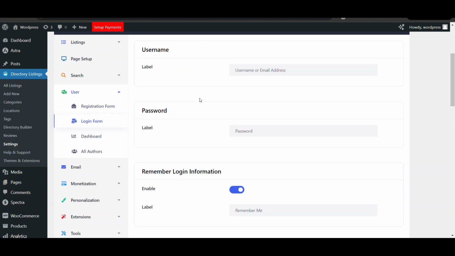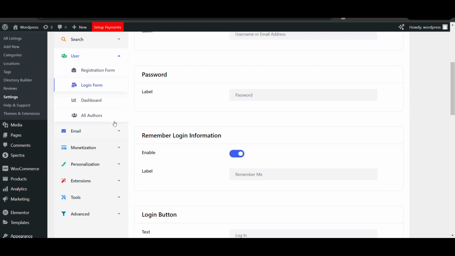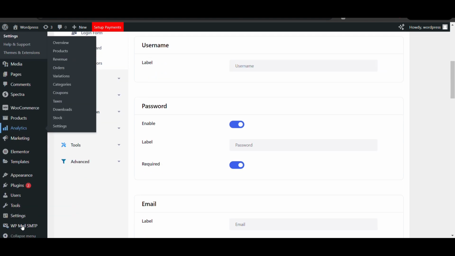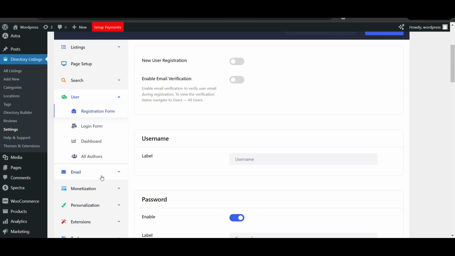Okay, if you disable it, no one can log in and add listings. Just go to users and disable new user registration, then no user can register and add listings. Okay, so that's very simple. Then only users that you create through WordPress will be able to add listings. So that's all in this plugin.